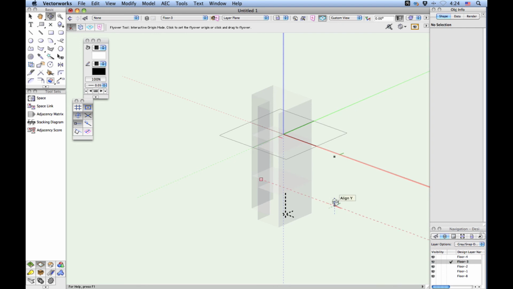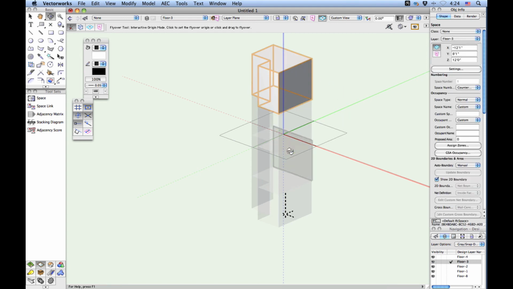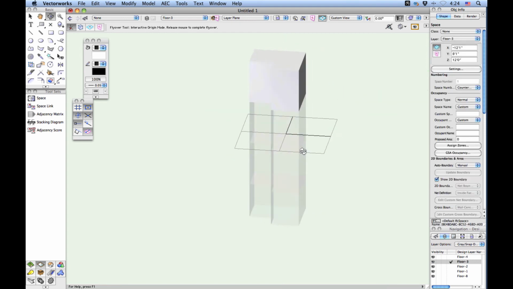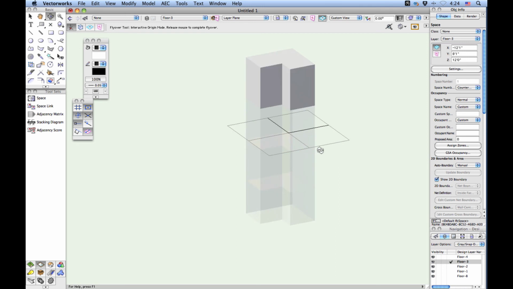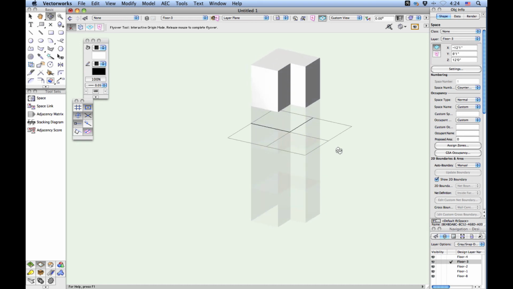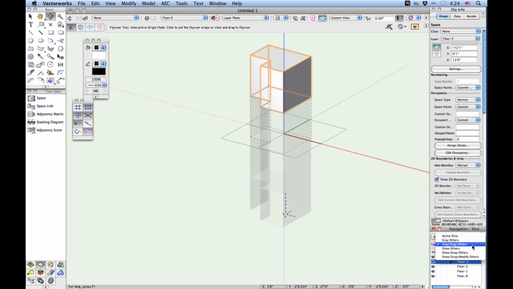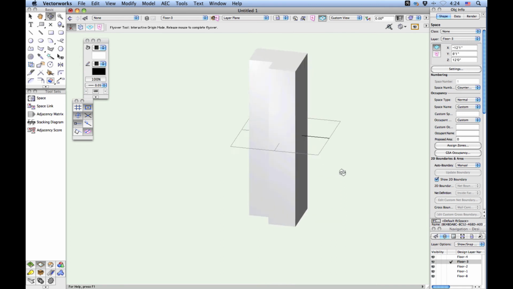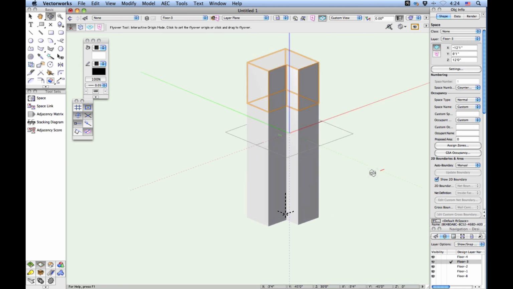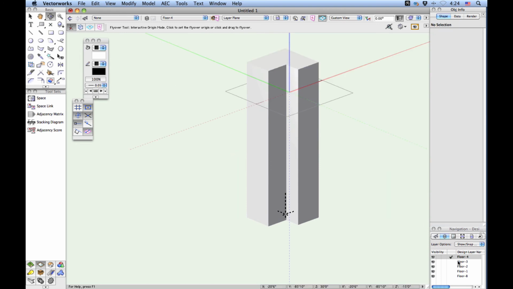The way I'm rendering right now is in OpenGL, so each time I paste, the active layer shows solid, and all the others are in sort of a grayed out or translucent look. If you want that to be all solid, what you can do is change the layer options from gray snap others to show snap others, and then they'll all appear the same, even though they're not in the same layer now. Each floor has its own layer. And last but not least, I'll put this one down and I'll paste this in place, and you'll see now